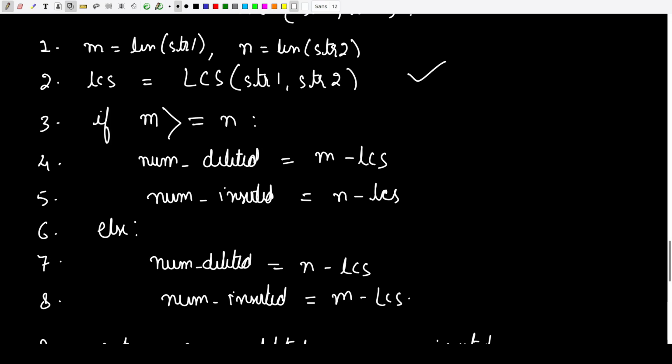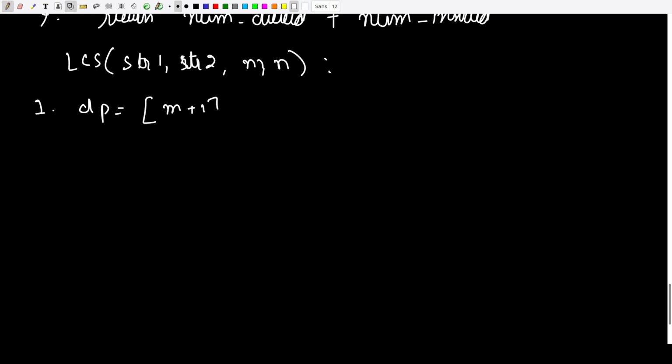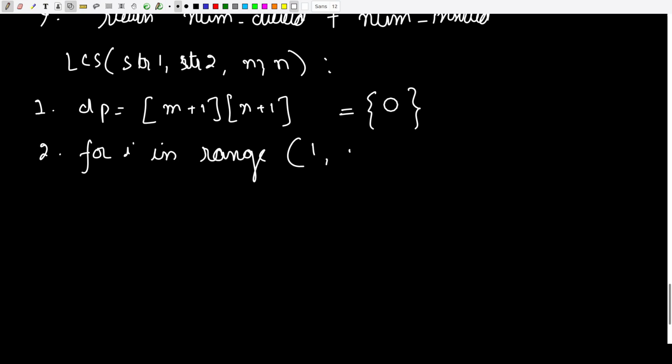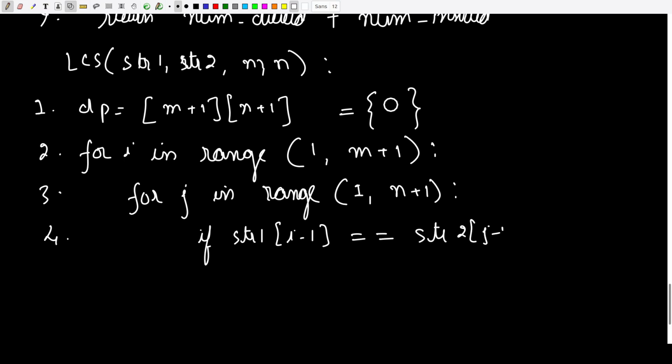Now let us look at the pseudocode of LCS. So let us say we want to compute LCS. String 1, string 2 and their length are given to us. So the first thing which we need is a DP table of size m plus 1 and n plus 1, and the initial value of this DP table is 0. And then we are going to iterate on i in range of 1 to m plus 1 and j in range 1 to n plus 1. If str1 i minus 1 equals to str2 j minus 1,